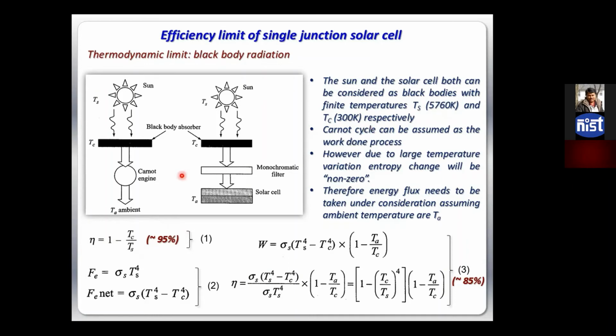So for the radiation, Stefan's law and all these things, you have to consider that the sun is spreading some flux, we are receiving some flux. Again, we are also spreading some flux from the solar panels, right? So even in that case, if we take Stefan-Boltzmann's law, the radiation, the net flux we calculate, and that we consider in the work cycle and all these things, then also we will get an 85% conversion efficiency limit.